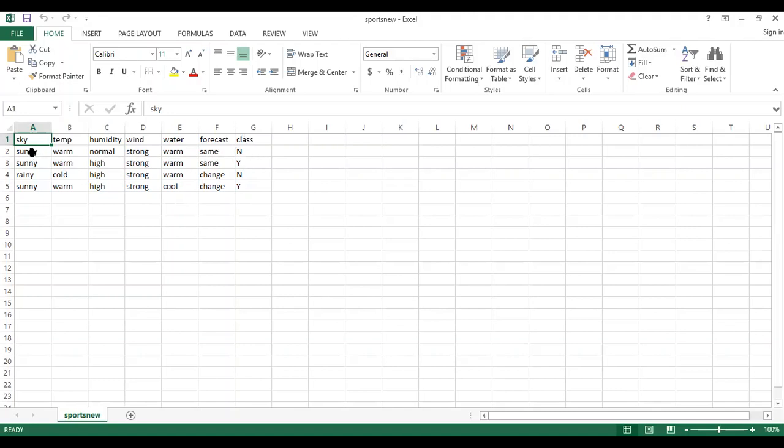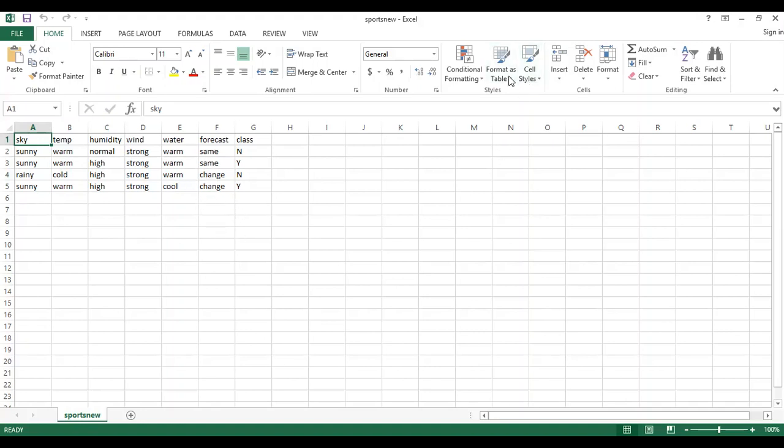Whenever you trace the algorithm, we can check. The initial hypothesis is null for the first training instance. In the second training instance you can observe that it is a positive class. So the hypothesis will be replaced with sunny, warm, high, strong, warm, same. Next it is compared with the next positive example. The third example will not be considered. The last example will be compared. Sunny, sunny, same. Warm, warm, same. High, high, same. Strong, strong, same. But warm and cool, a change is there, so it is replaced with the more general constraint, question mark. Same and change, a change is there. Question mark will be assigned here.